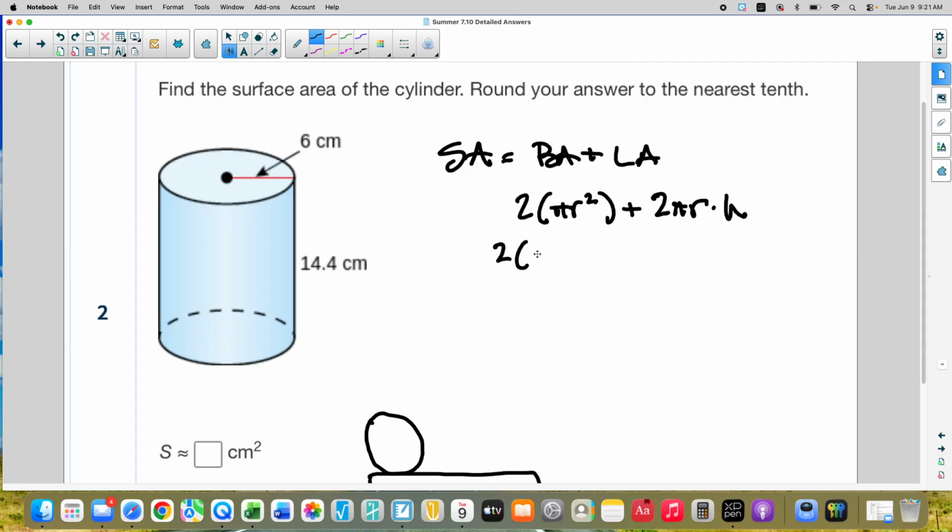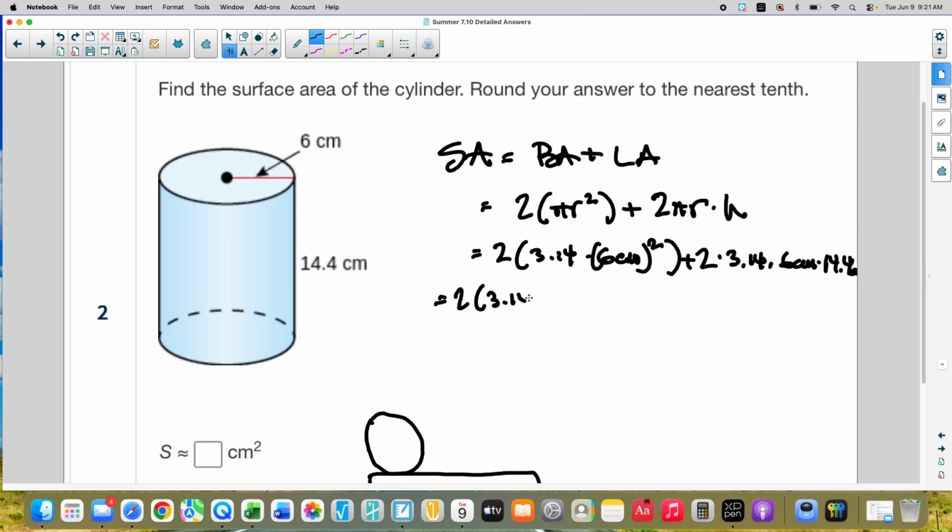So now we can plug in. We'll use 3.14 for pi times the radius, which is 6 centimeters quantity squared, plus 2 times 3.14 times the radius, which is 6 centimeters, times the height, which is 14.4 centimeters. So that gives us 2 times 3.14 times 36 centimeters squared,